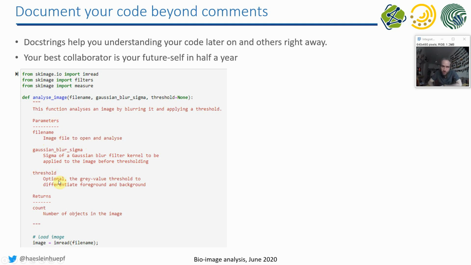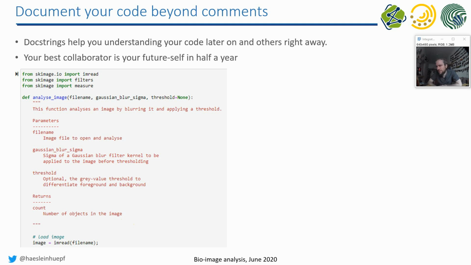So this is what this block here says. It documents all the parameters this function takes, and it does that in a certain format. Furthermore, this function returns the number of objects in the image after thresholding, after applying this Gaussian blur. And it is a long piece of text and a lot of blah blah, and it may be, in this